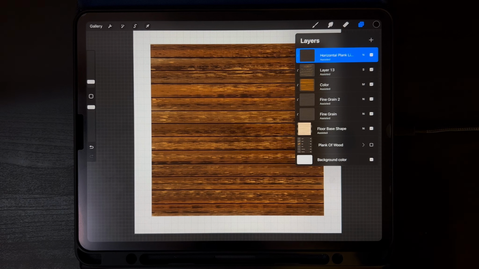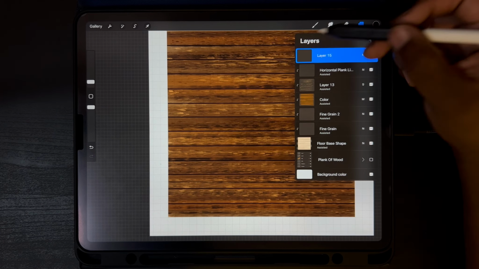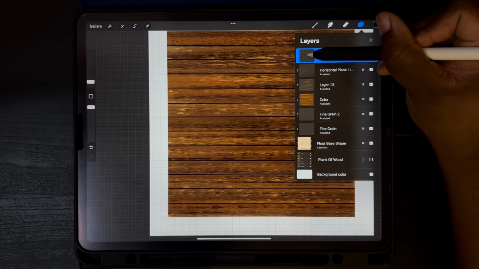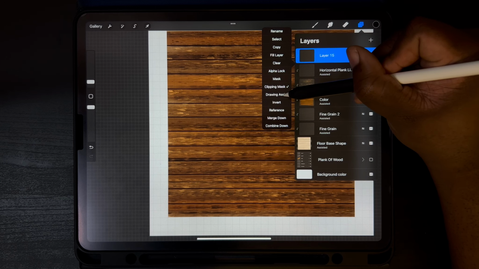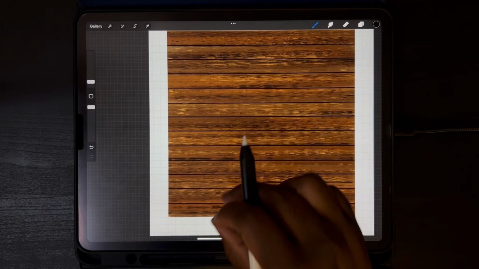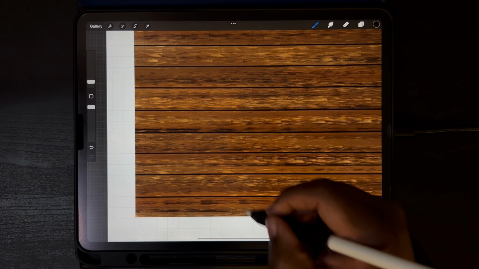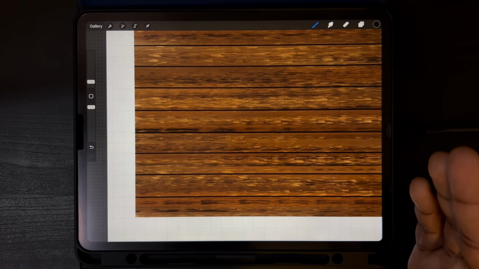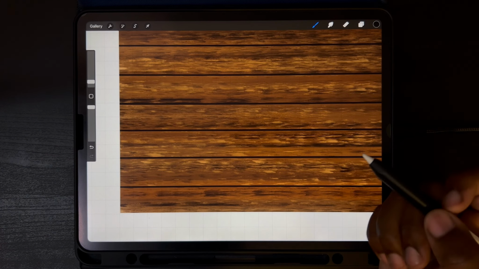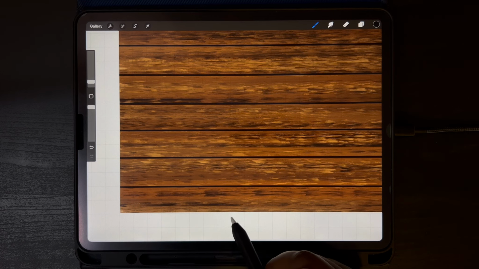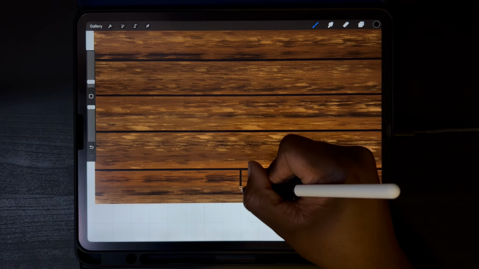Alrighty, so now that we have our horizontal plank lines, we're gonna make some vertical plank lines. So go ahead and hit your plus. Clip it per usual. Tap on the layer, turn on drawing assist here. And we're gonna come in and make vertical marks. So I think we're gonna do these every 4 inches on here. So that would be every 8 marks. So we're gonna go 2, 4, 6, 8, draw a line,